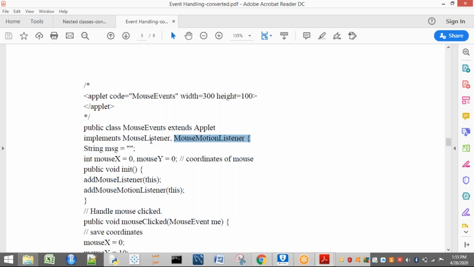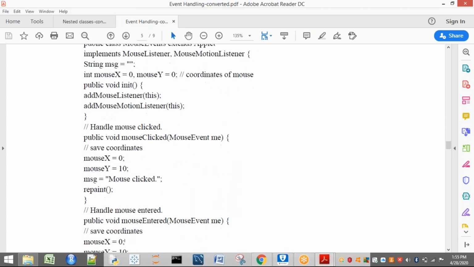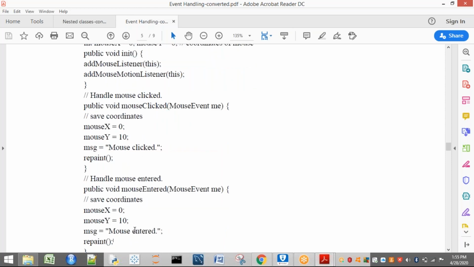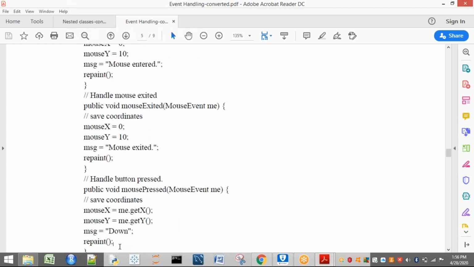Now let us consider I need only 2 methods in MouseListener, for example mouseClicked and mouseEntered. These 2 methods only I want to handle. If I write these 2, what about the remaining 3? I have to write the method statement compulsorily, open and close the bracket, and not write anything in it because I don't need them. In the same way, the remaining methods also. Why do I have to write these lines without using anything? I don't want them, but we have to write them because we are implementing MouseListener.